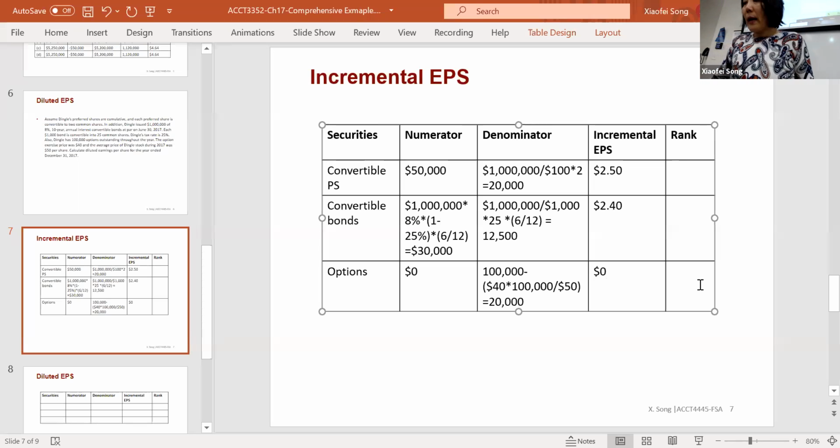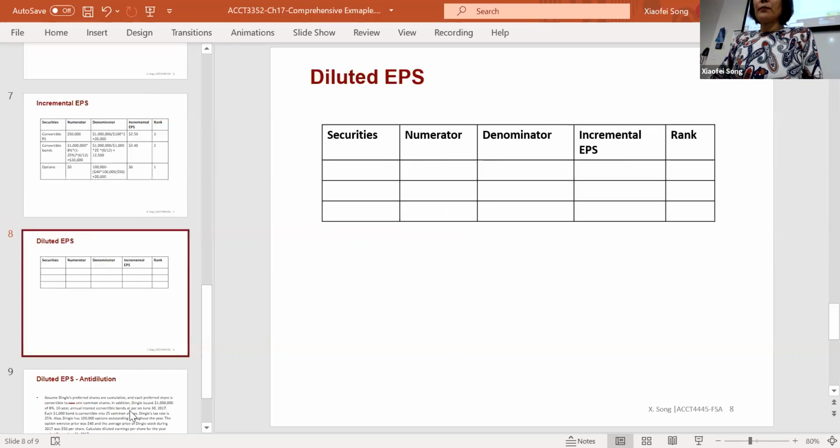And to rank that, the least incremental shares is options. That's ranked number 1. And the incremental shares for the convertible bond is in the middle, number 2. And preferred shares is 2.5. So that's the rank. Okay, so with that, we can start to compute